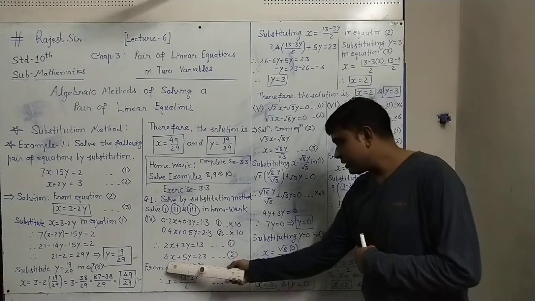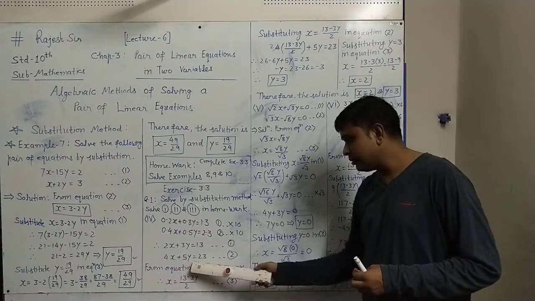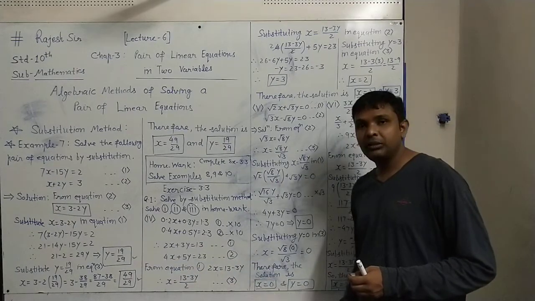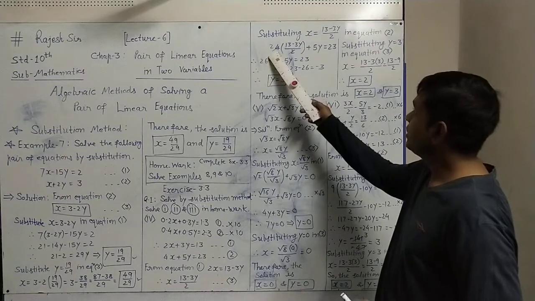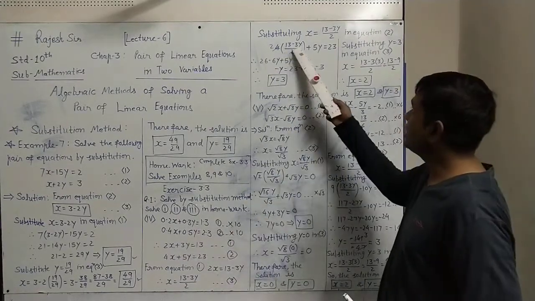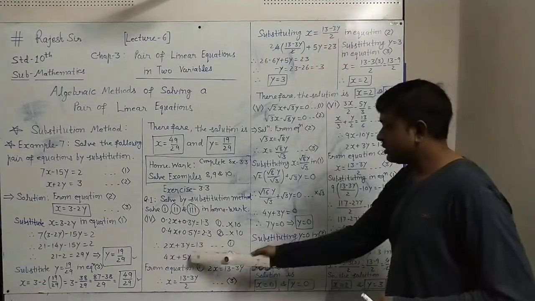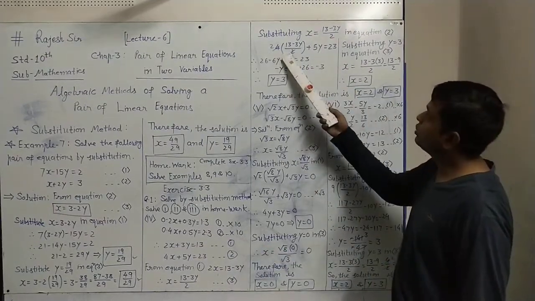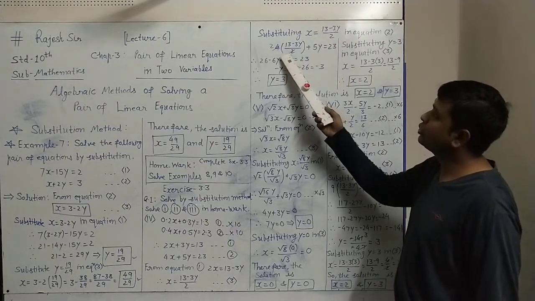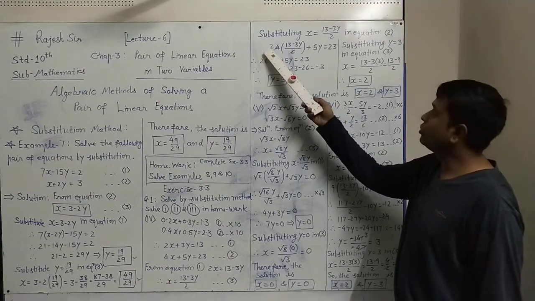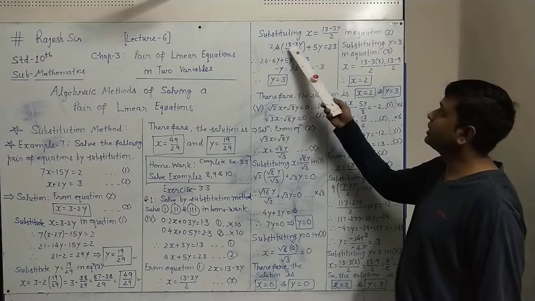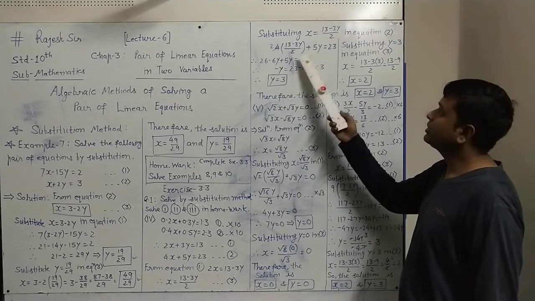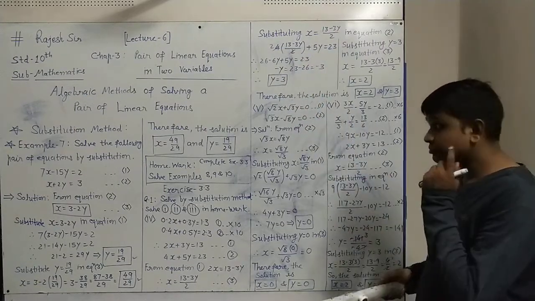Our equation number 2 in simple form is 4x plus 5y equal to 23. In this, x is there, we place this (13 minus 3y) divided by 2. So 4 as it is, into x, which is (13 minus 3y) divided by 2, plus 5y equal to 23. Now 4 is here, 2 is here, 2 by 2 and 4 cancel, 2 2s are 4, so 2 will be remaining here. Now 2 is multiplying inside the bracket: 2 13s are 26 minus 2 3s are 6y, plus 5y as it is, equal to 23 as it is.